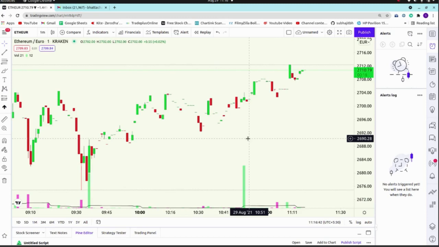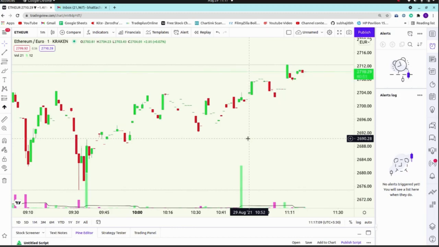Now today is a Sunday, so the Indian market is closed, but the currency market is open. So we will take Ethereum as a script, and we will check the strategy, and we will check whether the alert is coming or not in Ethereum. In this strategy we will take 2 moving averages, and we will look for the crossover for entry and exit and also for stop loss. So this is a very simple strategy, and you can do the same thing with your own strategy, so that it may consist of 2-3 indicators and whatever you want.